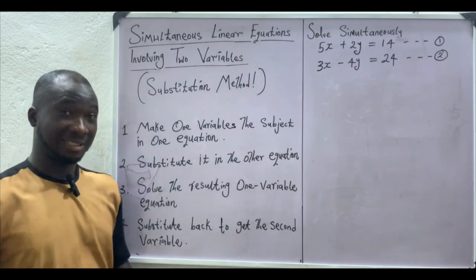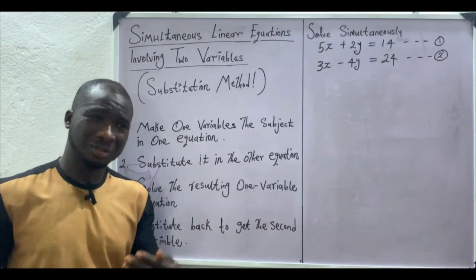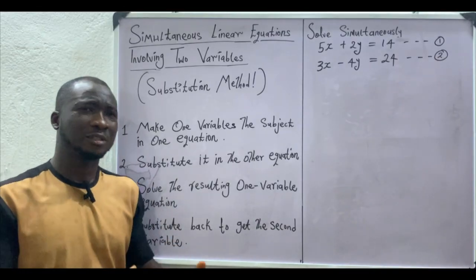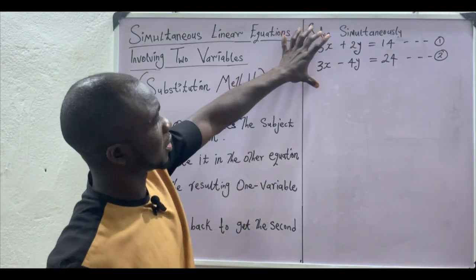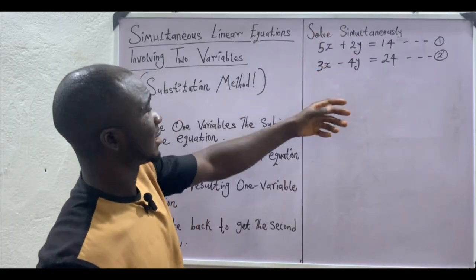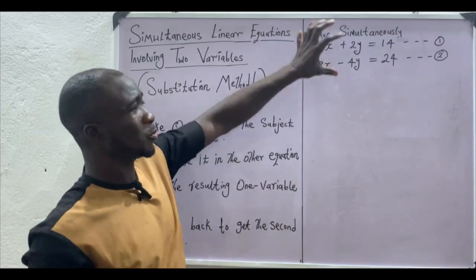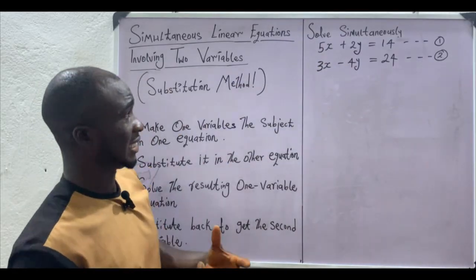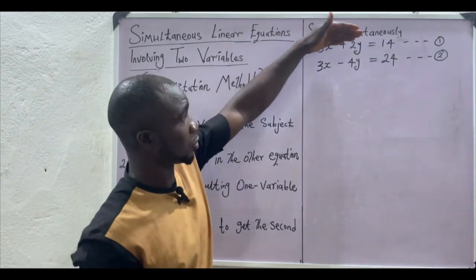In today's lesson, we're going to consider how to obtain the solution of given simultaneous linear equations involving two variables. So this is an example of a simultaneous equation that involves two variables, and we are to obtain particular values of x and y that will satisfy this equation. That is, we are to obtain a unique value of x and y that will satisfy both equation 1